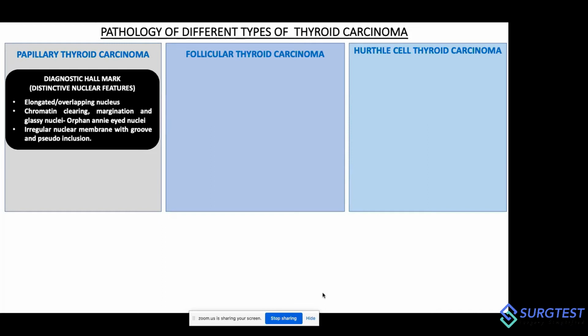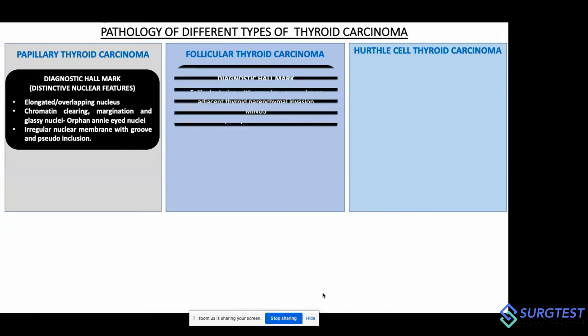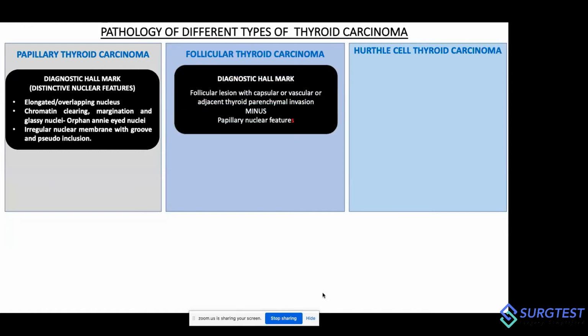And the third is changes in the nuclear membrane. There is an irregular nuclear membrane with grooves and pseudo-inclusions. So there are three distinctive nuclear features that classify a thyroid cancer as papillary thyroid carcinoma. One is the change in size and shape. Second is the change in the chromatin network, and third is the change in the nuclear membrane. Now the follicular thyroid carcinoma,